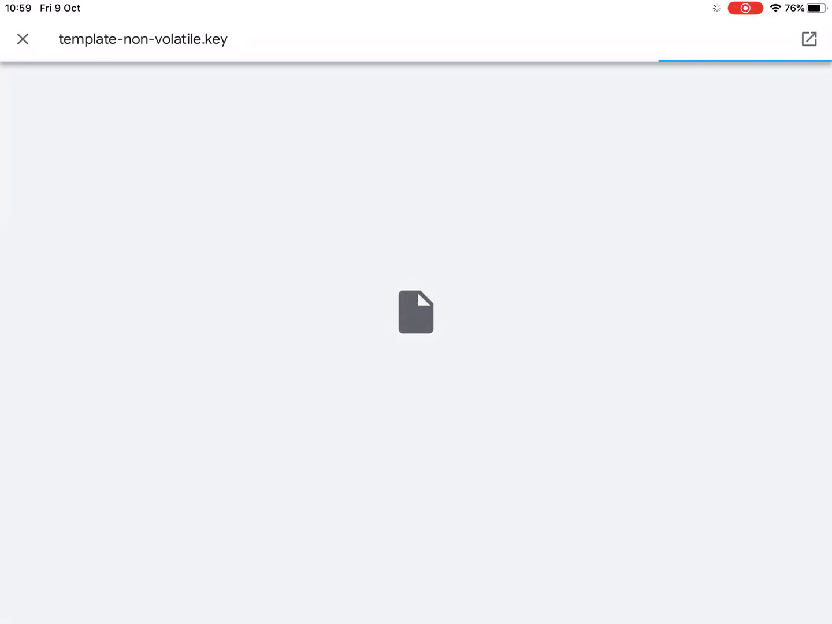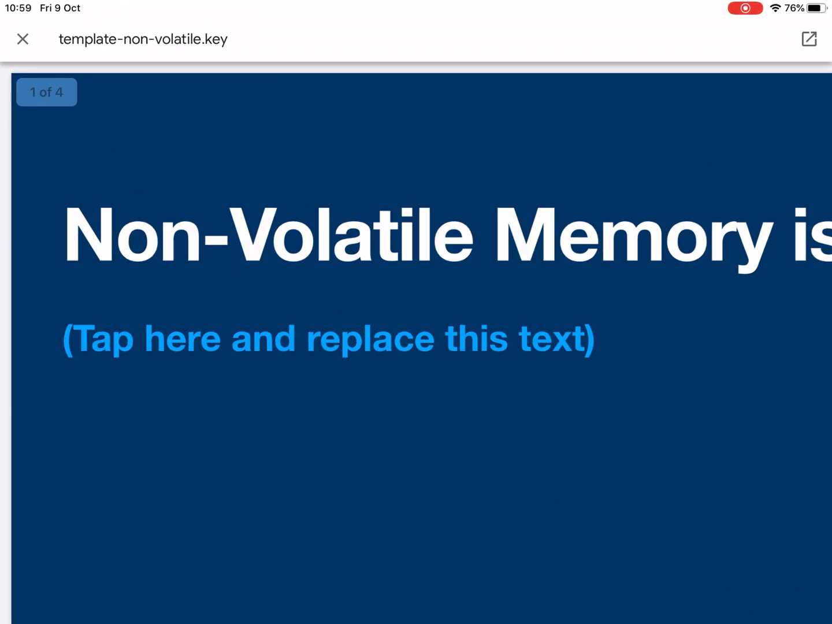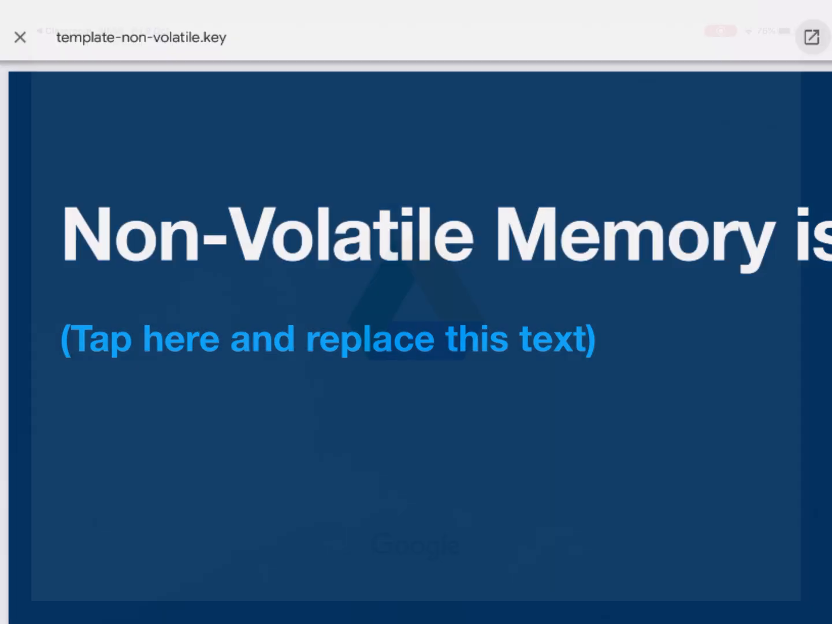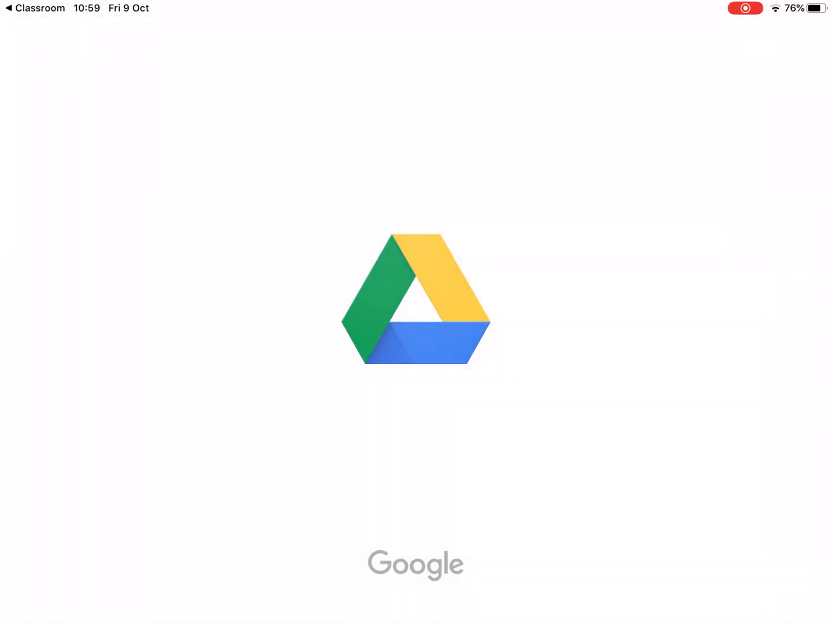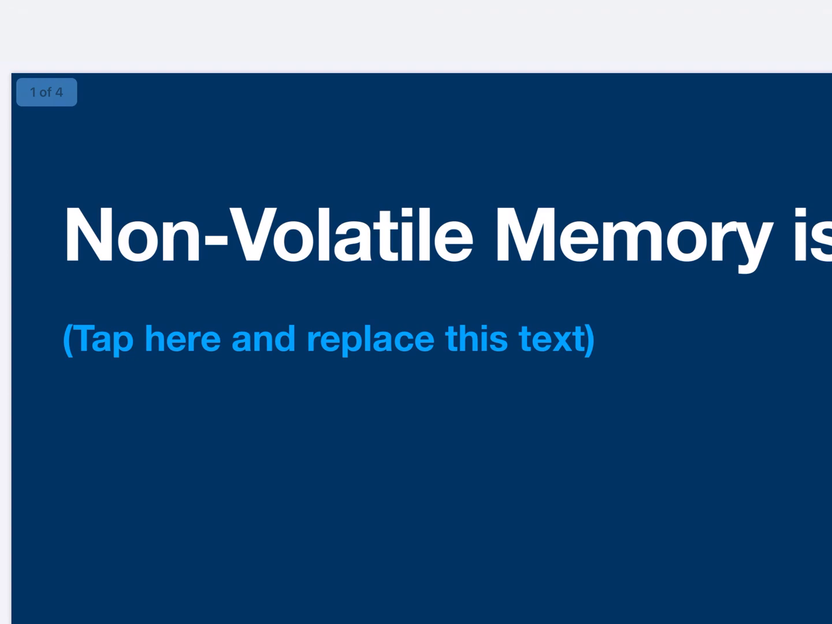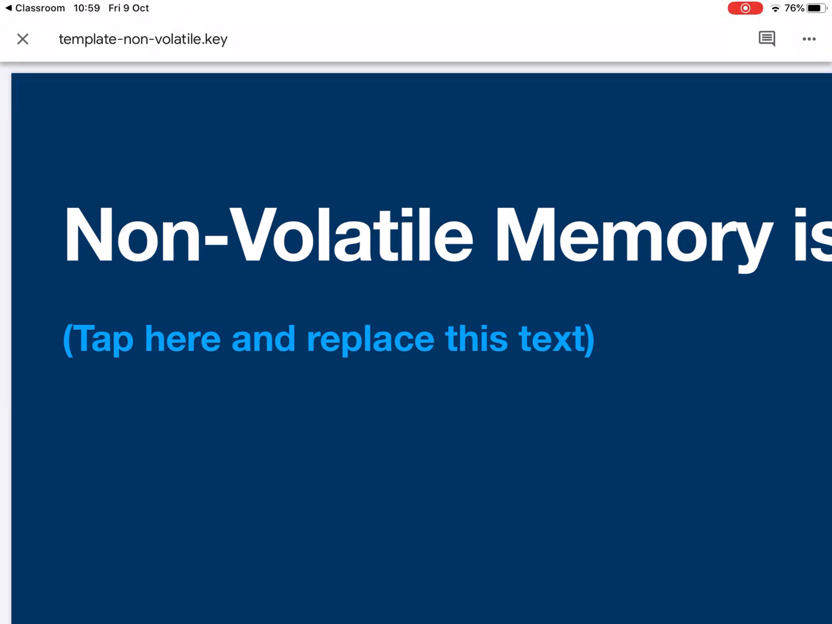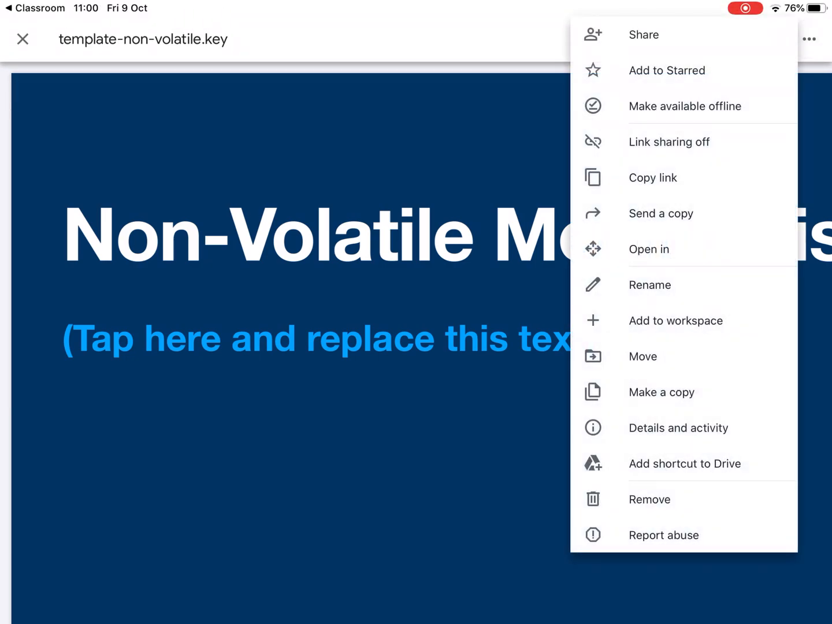Okay, so if we tap on the Keynote file, it will show us a little preview. If we tap in the top right hand corner with the arrow pointing out of the square, it will take us to Google Drive. And just like when we downloaded our pages file in the original, we just need to tap at the top in the corner at the top right and tap on the dots. And then we need to open in,